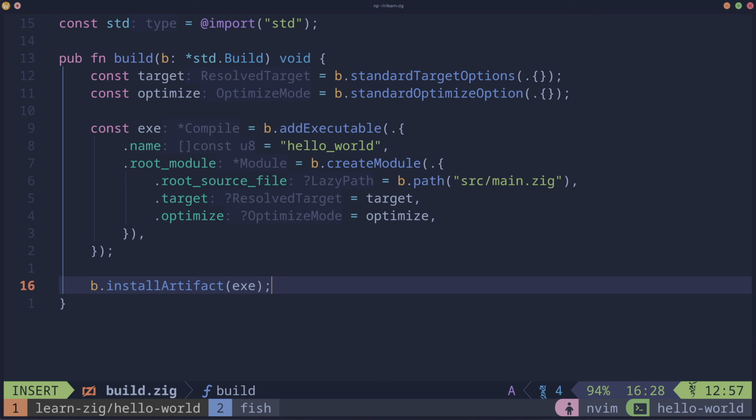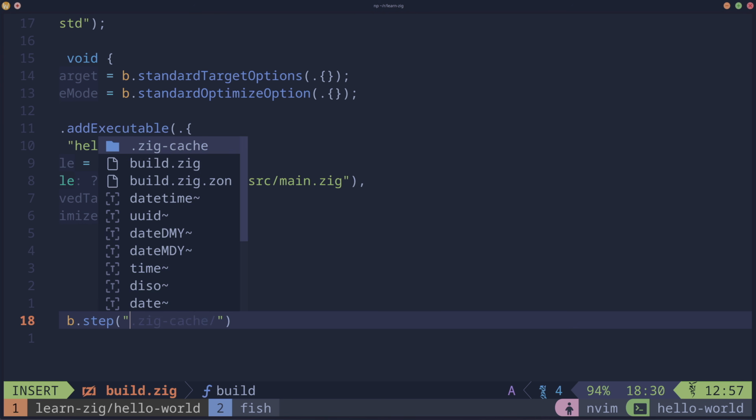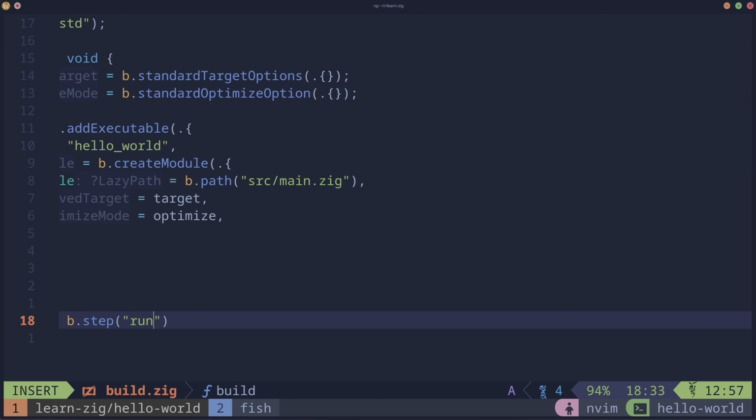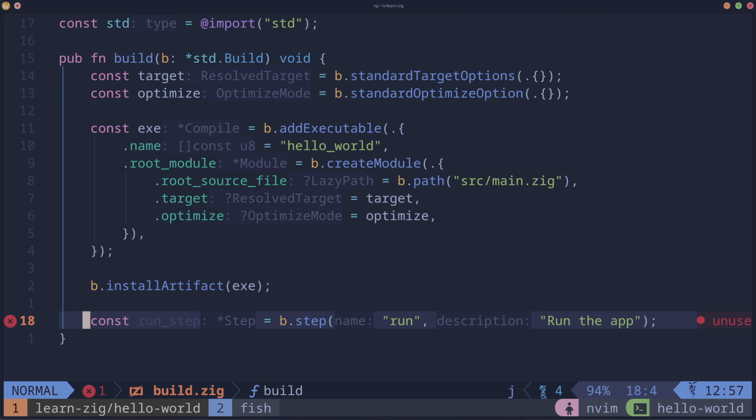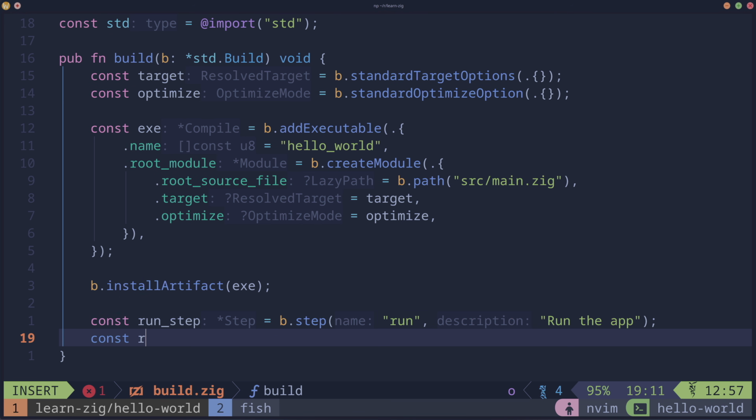So now let's add that, and this will be the last thing we do. So we'll do const run step equals b.step, and we'll give it the definition of run, and then just a helper. So let's say run the app. So now let's create that command. Now do run